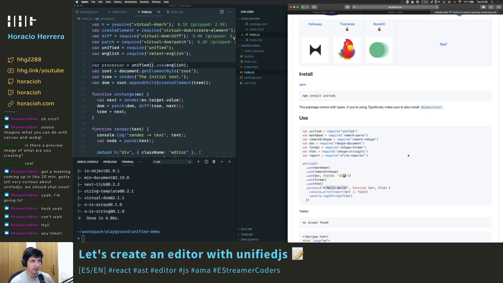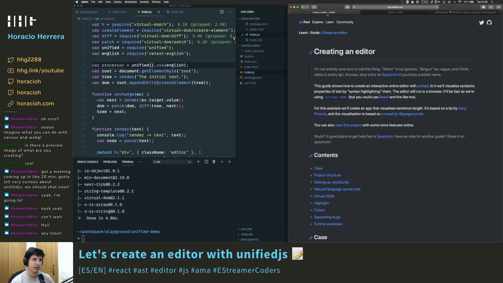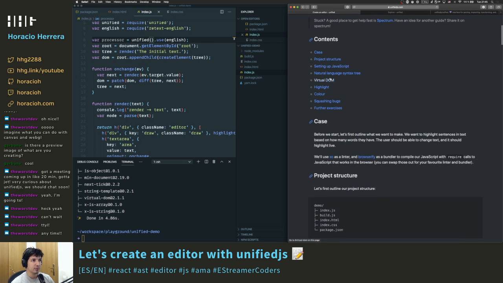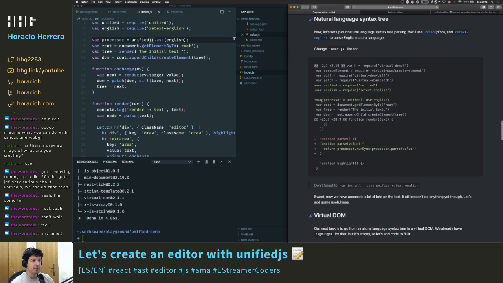But I saw this tutorial to create an editor and thought, hey, I don't know if I can just use Unified and stay in the Unified world and forget about Slate. But let's see. As far as I can see, it's not possible, because I need to manipulate all the front end stuff by myself, and by now I don't know how to do that. So yeah,